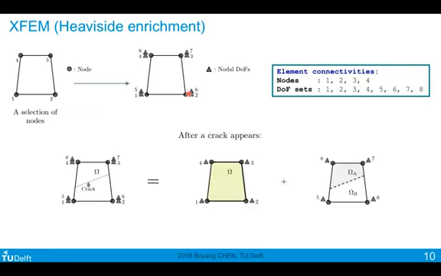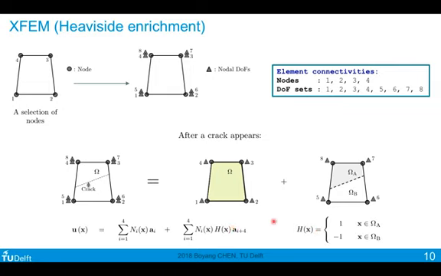And what happens is that when the crack appears, we make use of these additional degrees of freedom, 5 to 8, to form a separate interpolation over the element domain. So we have the original interpolation. The displacement solution here would be the same as the standard finite element displacement solution. We have this additional interpolation. So basically, our displacement interpolation on omega is composed of two parts. The first part is a standard finite element interpolation using the standard shape functions, and the second one is the enriched interpolation using this enriched shape function, h.